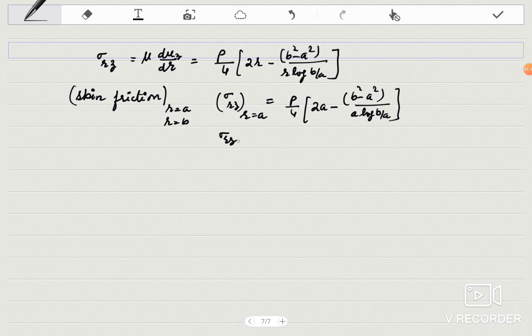And σ_rz for r equal to b will be P upon 4, twice b minus (b² − a²) upon b log b upon a. This is skin friction, and similarly you may get coefficient of skin friction,